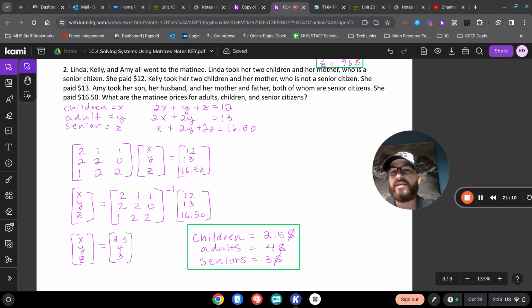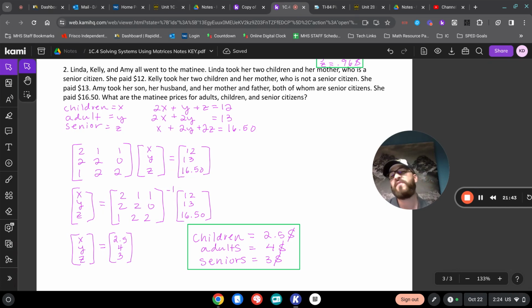equals $12. Then Kelly took her two children and her mother, who is not a senior citizen. So 2X for her two children, plus 2Y for her and her mother. And then we do not have a Z term. It was equal to $13. And then Amy took her son, her husband, and her mother and father, both of whom are senior citizens. So her son is 1X, her and her husband is 2Y, and her mother and father are 2Z, and that equals $16.50. Setting that up into our matrices, we get 2, 1, 1, 2, 2, 0, 1, 2, 2, X, Y, Z for our three variables,